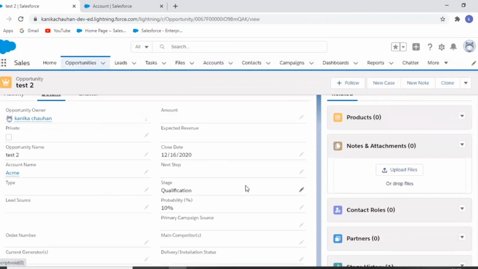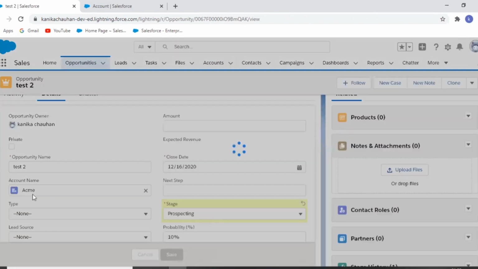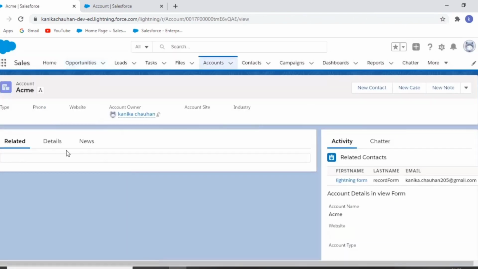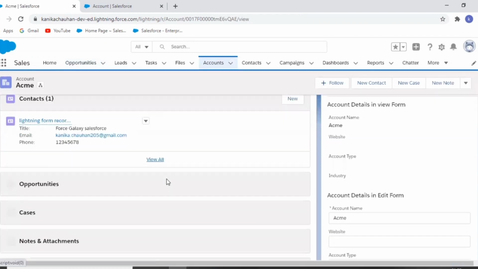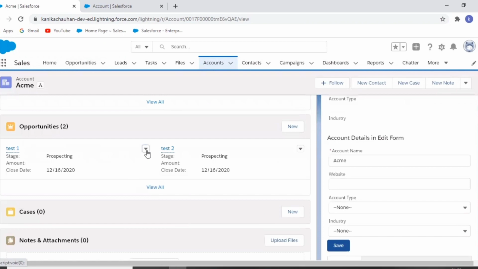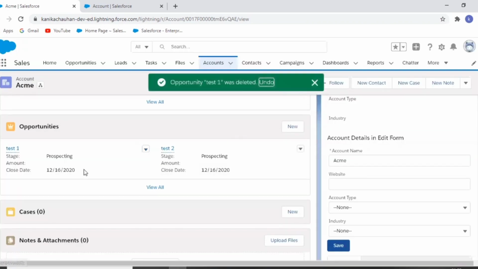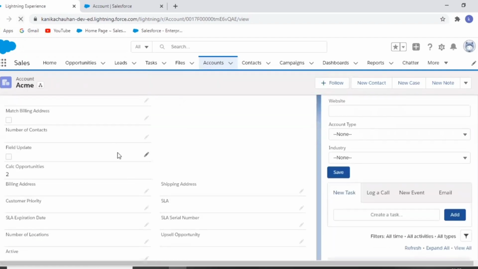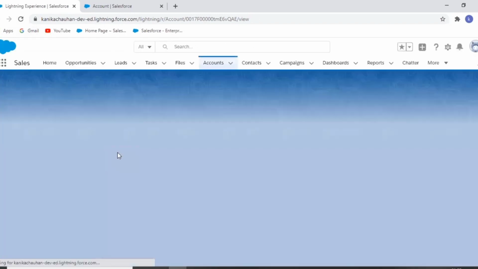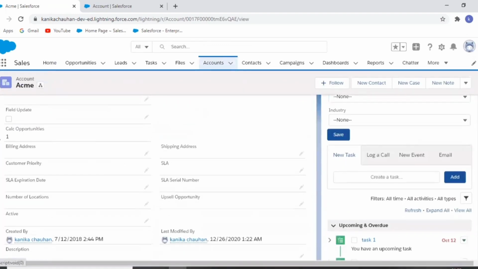Will my roll-up summary work? Let's check. Yes, it is 2. If we update it or if we delete it, it always recalculates the value and shows the updated value in the roll-up summary field. It should be 1. Yeah.